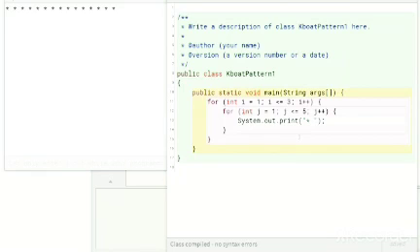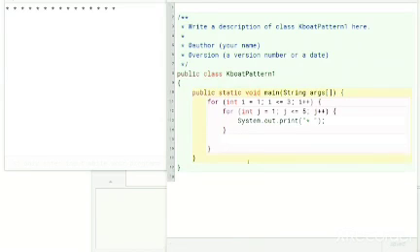The rows should be separated with a new line, and we are not doing that. To fix this, we should print a new line after printing each row. The inner loop is printing each row. So, if I write system.out.println after the inner loop but inside the outer loop like this, then the rows should be separated with a new line. Note that I have written system.out.println and there is nothing inside the parentheses, as I only want to print a new line and nothing else.